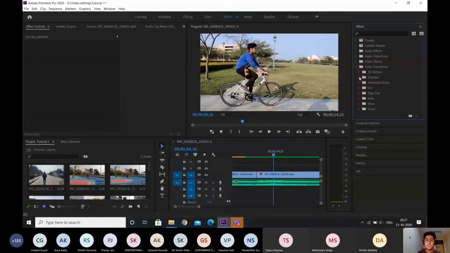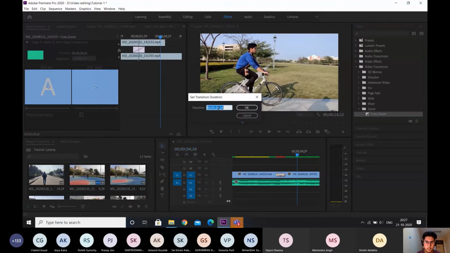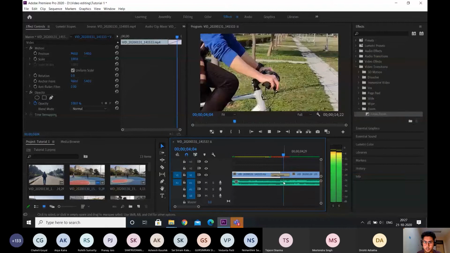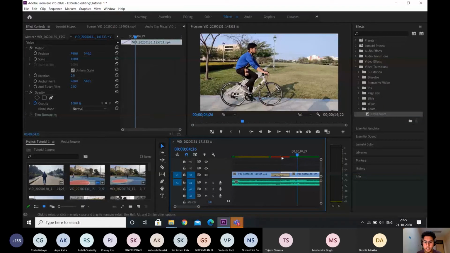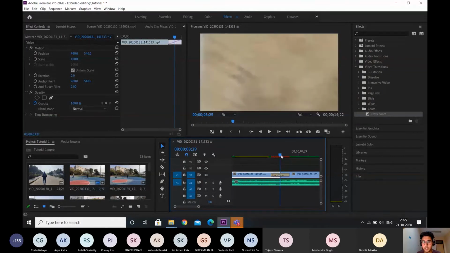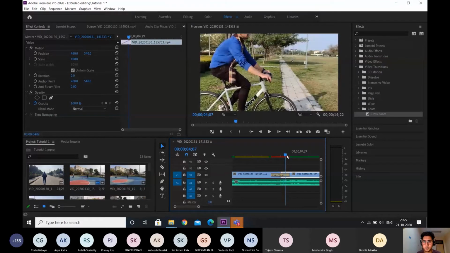Now dissolve is a really slow and soothing transition. There are multiple transitions that are really fast, such as if we go into zoom, there is a cross zoom. So I can bring that up. I'll make this 1 second long. What this zoom transition does, and again someone asked, this becomes red because the zoom transition is a bit of a heavy transition. As soon as it starts, it will zoom into one clip, and then suddenly it will change the clip and start zooming out of the second clip.